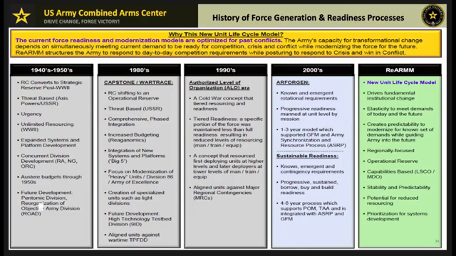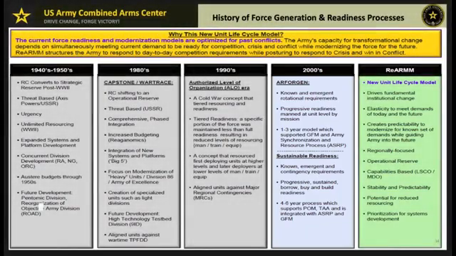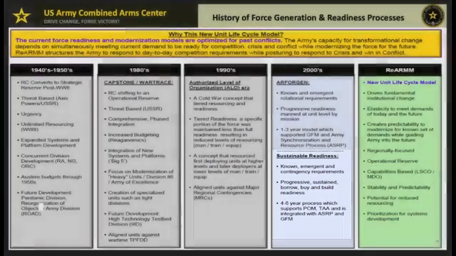90%. In the 2000s, we saw the emergence of ARFORGEN, the Army Force Generation Model, and it provided a relatively predictable cyclical readiness system for operational units on a 3 to 4 year rotation. It was followed briefly by the Sustainable Readiness Model, SRM, but let's go back to that period between the 1980s